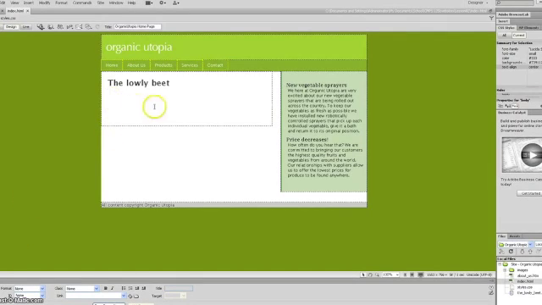Now what we want to do is add an image directly below the lowly beat. So I'm going to click in this area here, it goes directly below there. Now what I want to do is add an image of a beet. So notice in the images folder there's a beet. So if I come and drag the beet image here and drop it,